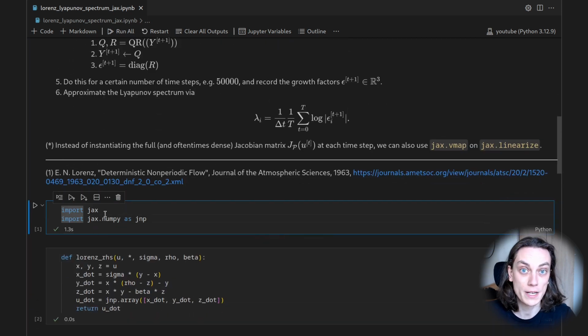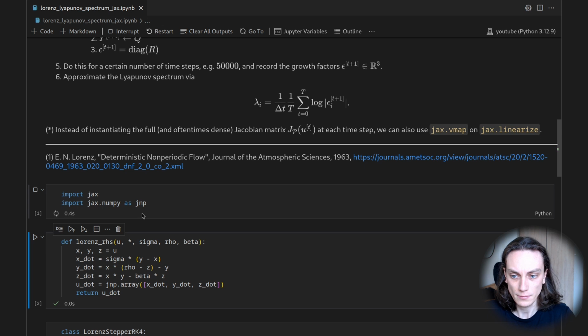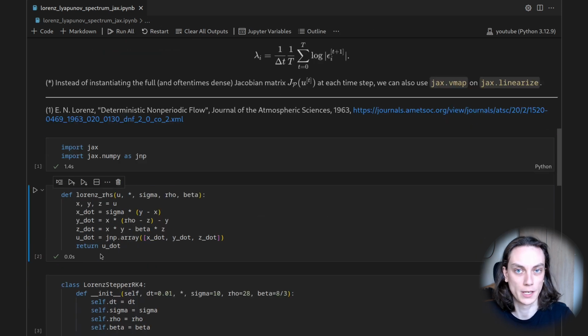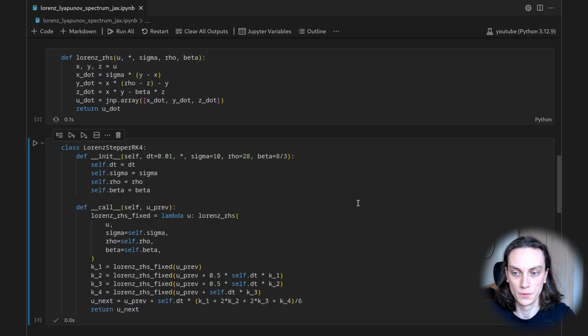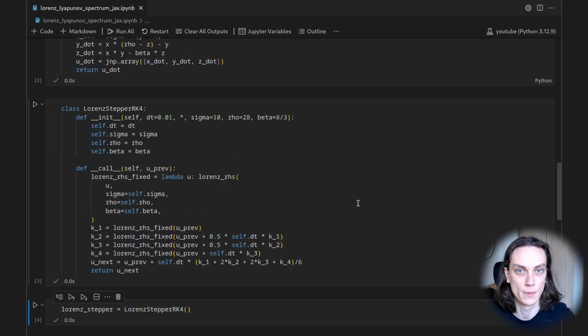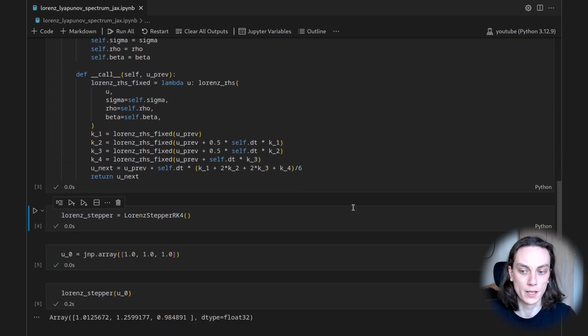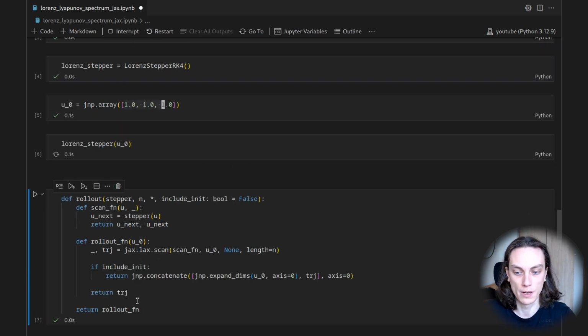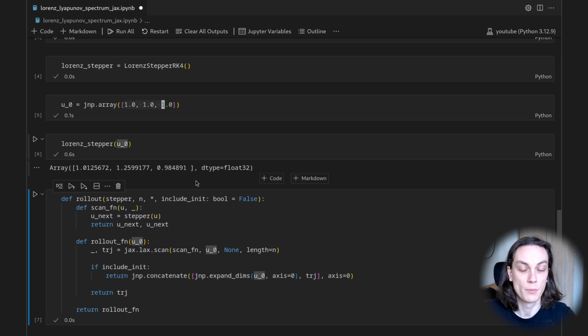So we will need JAX and JAX NumPy, and then we will again use the Runge-Kutta 4 simulator that we implemented in a previous video. If you want more details, I will have the video linked up here. So we will define the right-hand side and then this numerical integrator, which we can instantiate. And then it essentially takes a 3-dimensional vector and maps it to the next state in time. So for instance, if we started at the ones vector, we now have another 3-dimensional vector representing the next state